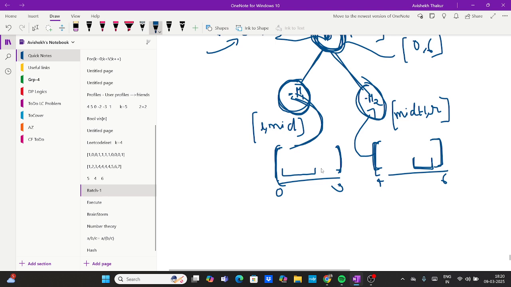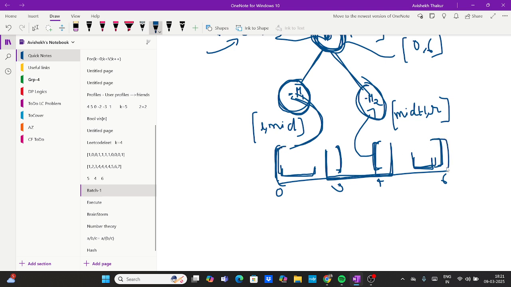So there is a chance that there is some portion like this which can be maximum, correct? Now the thing is, you already considered this part. We already considered this part, but when